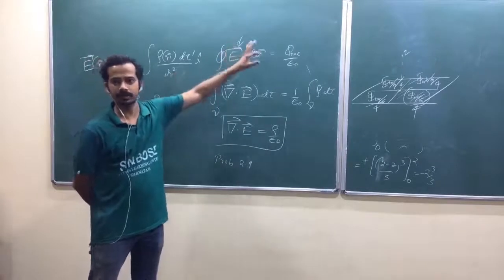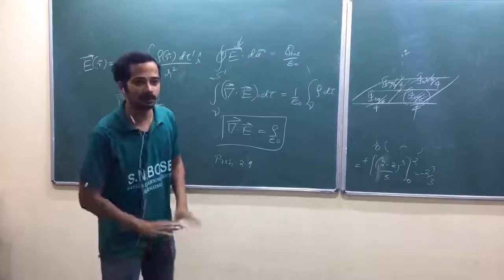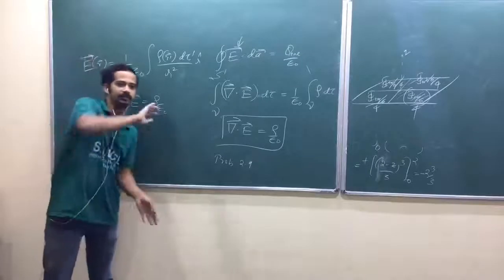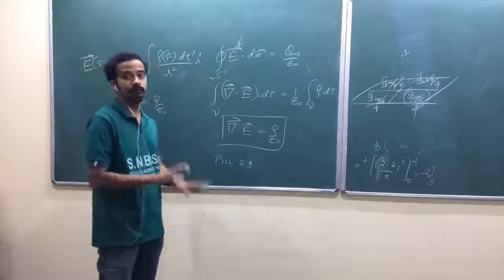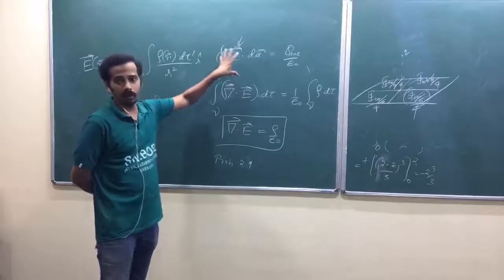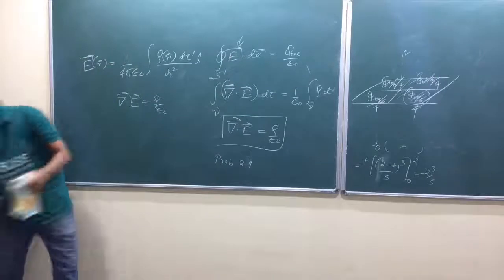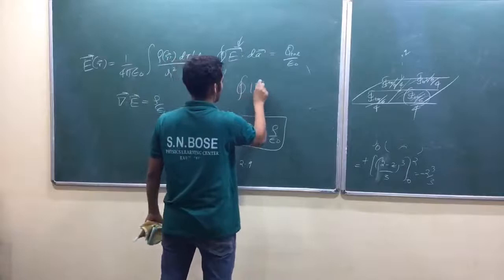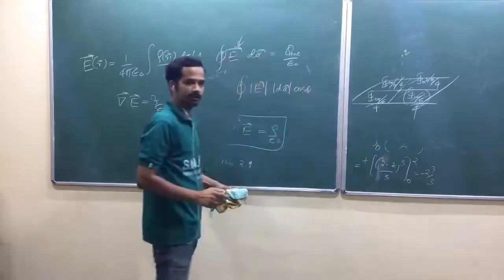And again, you have cos theta here, am I right? That cos theta should also be constant. You can't always make cos theta constant, but you can make cos theta 0 always. Okay, because you are running a closed surface, am I right? That's why we have to choose the surface so that the mod of electric field is constant throughout the surface. And I better write it like this: integral of mod E dA cos theta. Can I write like this?